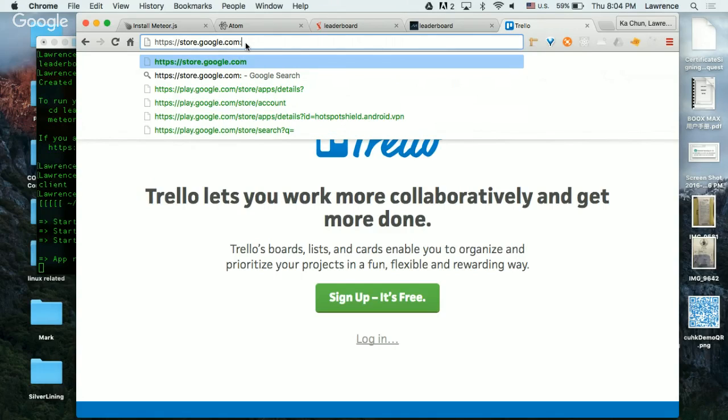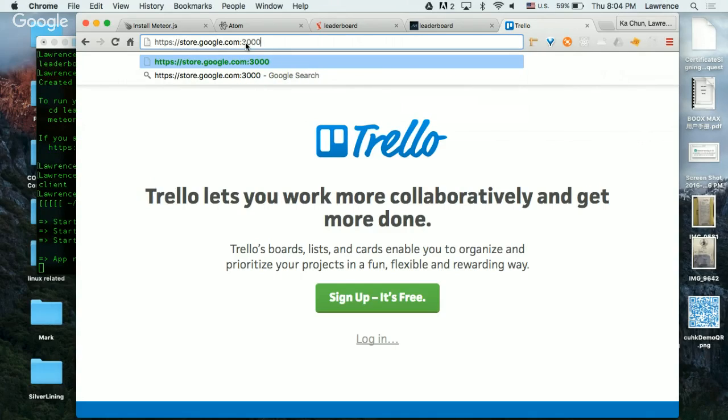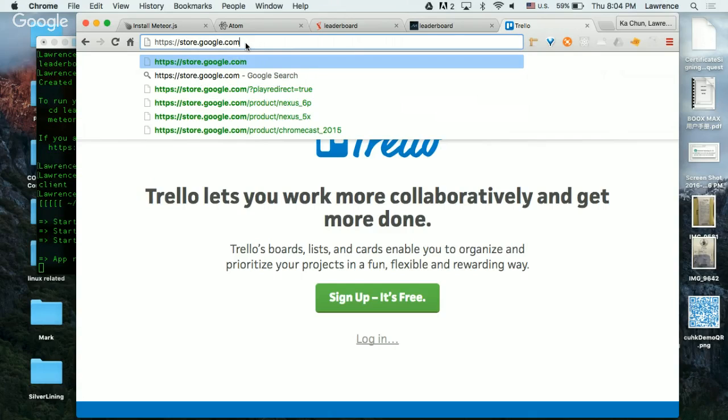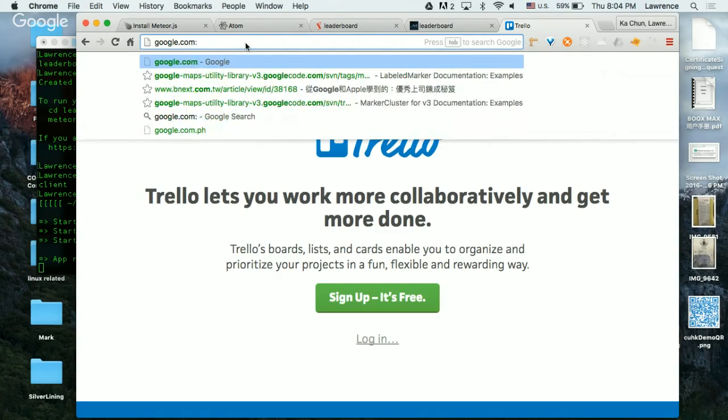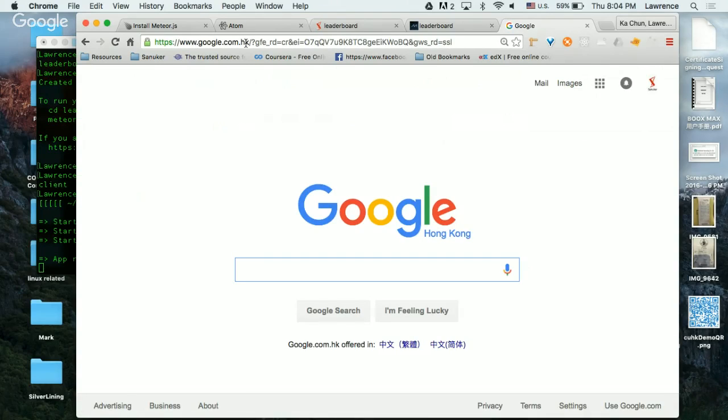And okay, last part. Sometimes you see some numbers after the colon. We call them ports. Ports are like windows. You now have the address of the computer, but you cannot get into the computer unless you access it through an open port. By default, if you do not type anything, you are accessing port 80. So if you go to google.com and type :80, it will disappear because they're the same thing. By default, without typing anything, it means going into port 80.